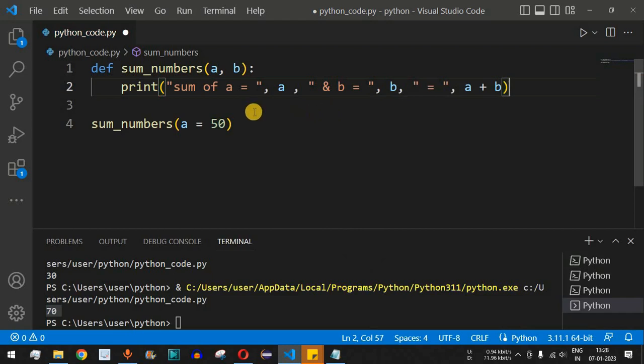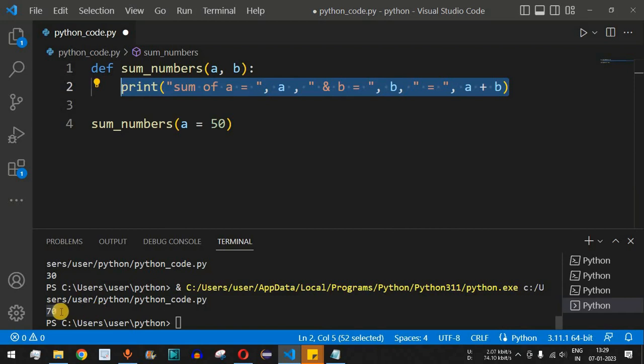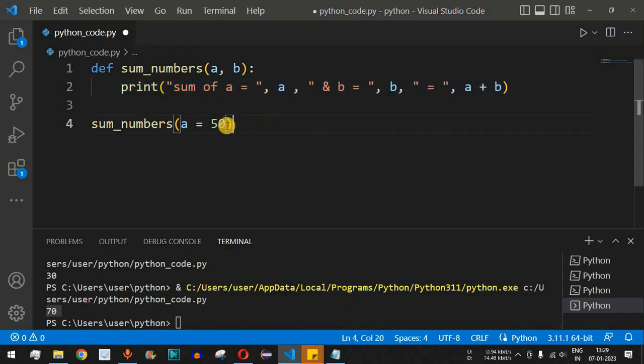So guys, what exactly we are doing is sum of a equal to, we are printing the value of a, and b is equal to, we are printing the value of b, and then equal to a plus b. So this is nothing but we are formatting the string. So it will have the statement over here, that is sum of a is equal to 10 and b is equal to 20 equal to 10 plus 20, which is equal to 30. So we have just formatted the string over here so that we can get the value of a and b that is being passed. So what we can do is simply, let's say I provide 10 and 30 over here,